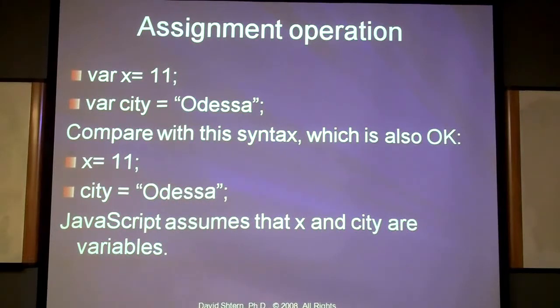There will be no error issued, but you realize that the earlier syntax is much better, if I declare variable x for the first time and variable city also, because in this case it's not clear whether these variables are being created, or were created before and I'm reusing them. In the declared case, it's pretty clear, because this is the very first time I'm using variable x, so I have to declare it. So follow that syntax style. It's very easy to do, and makes code maintenance much easier. Okay. Any questions? No? Okay.